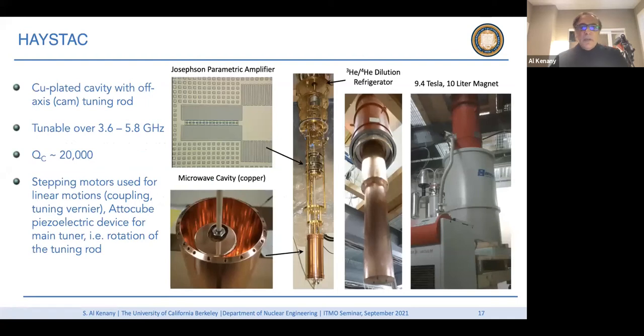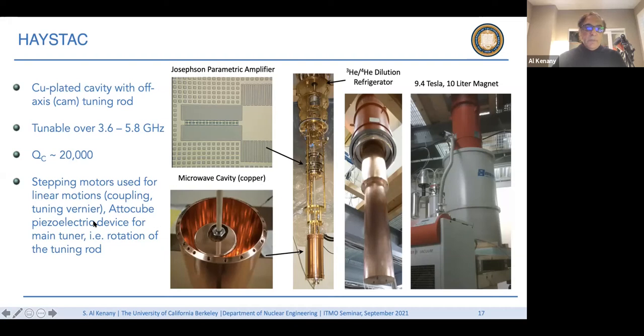So at Haystack, and the actual experiment is at Yale, we have a copper-plated cavity with an off-axis tuning rod. You see it here. That's to tune the frequency. We can tune from 3.6 and scan all the way to 5.8 gigahertz. This is all inserted in the dilution fridge. And we apply a field of 9.4 Tesla,